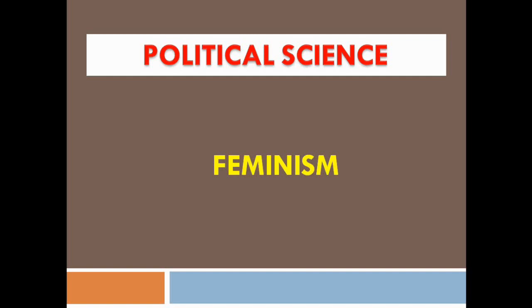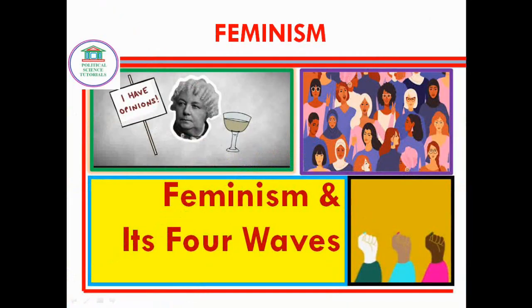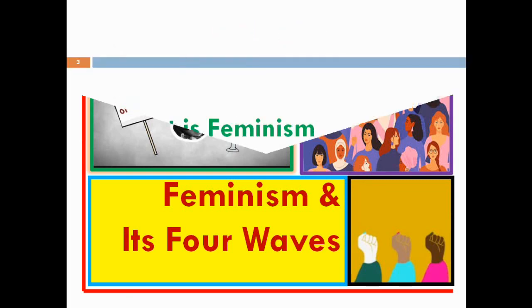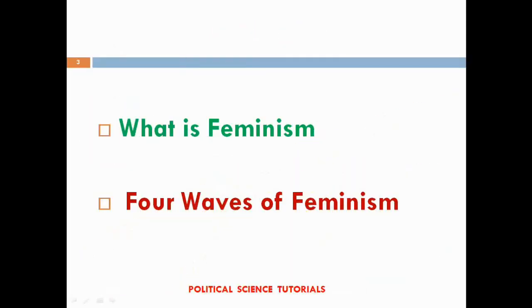In this video, we will try to understand the theory of feminism. When we talk about feminism, broadly it means both thought and action towards ending the hierarchy of sexes and thereby to achieve gender equality. So to understand feminism, we have to go through the thoughts of different feminist thinkers of different times as well as from different countries and different movements. Going through this, we will be able to understand the ideology called feminism.